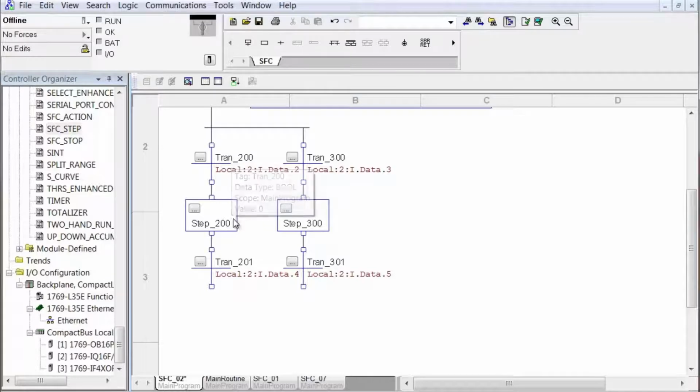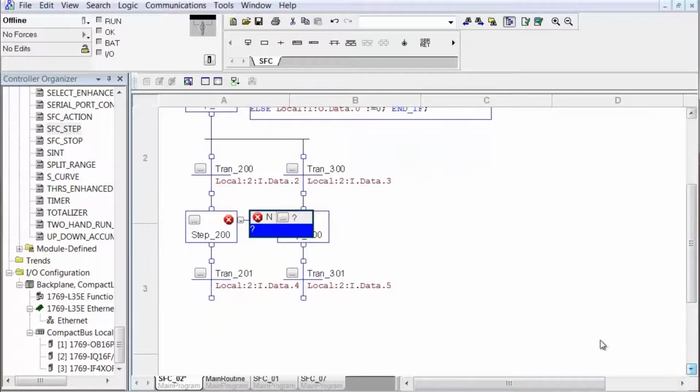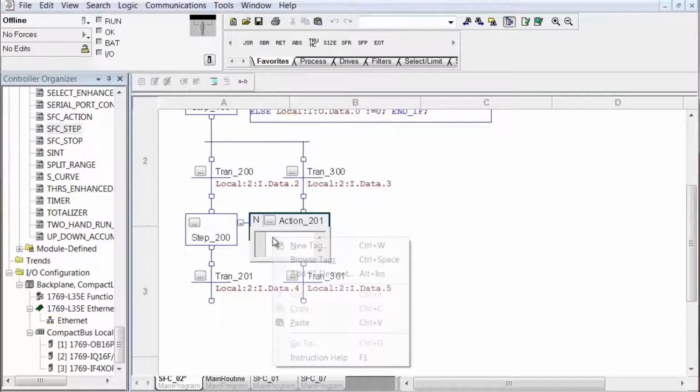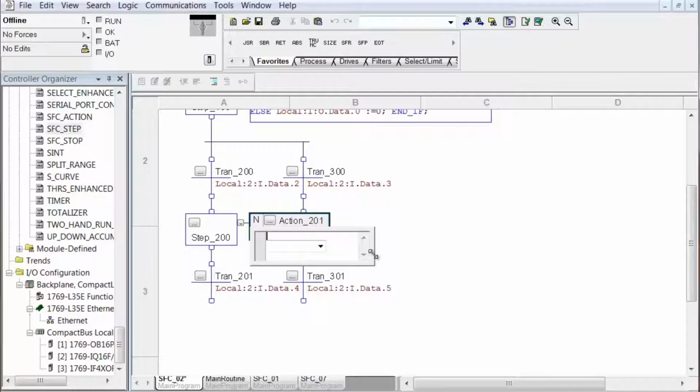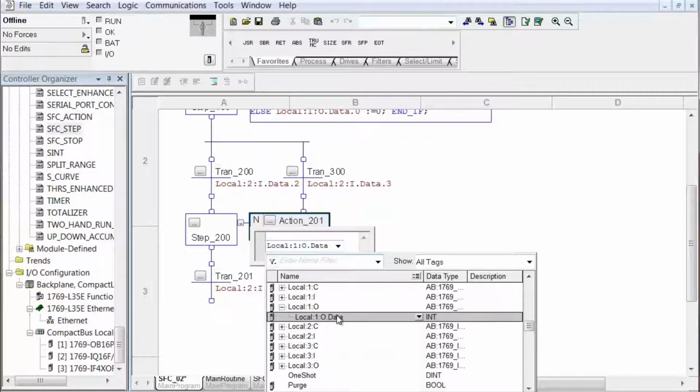So now that we've added our transitions and our steps, we need to add some actions to step 200 and step 300 to give the step something to do. So right click, add action, NonStored is the default. Let me scroll up here a little bit, and we'll call it action 201. And for an action, we want an output. So we browse tags, open up the box a little bit, type in LO for local, drop down. We want local 1, O for output data,